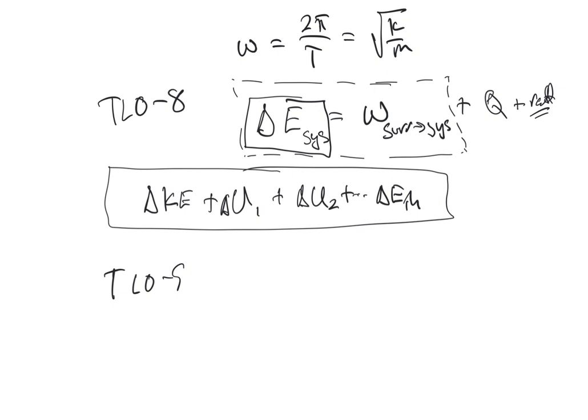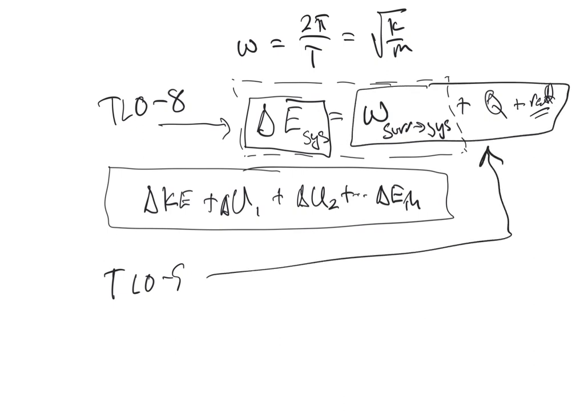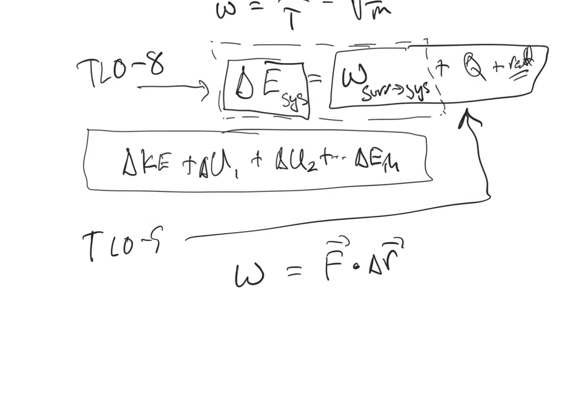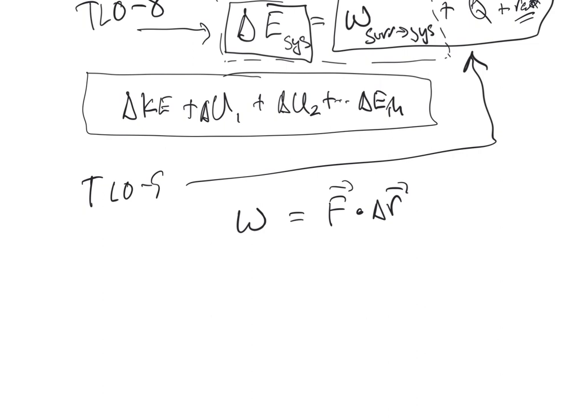So it says compute the work done on a system by a force or the energy transfer between a system and the surroundings. So it's about the right. So TLO-8 is about this part. TLO-9 is about this part. Okay, so calculating work. Of course, you know that the work done by a force is just equal to the force dotted into the displacement. So that's a mechanical mathematical process. Do I know how to calculate a dot product? If there are multiple forces acting, they each might do work. The other thing that shows up in TLO-9, when we get into chapter 9,